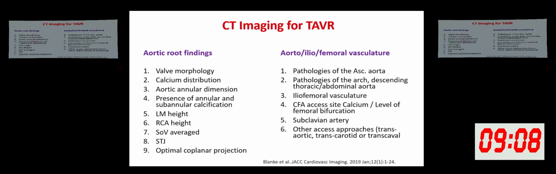So for the peripheral vasculature, there is ascending aorta pathology, any thrombus, any calcium, because calcium is very difficult to track our wall. And then pathologies of the arch, that is any coarctation, pseudo-coarctation, and iliofemoral vasculature and the common femoral artery, because generally the delivery system is quite tricky, and if it is more than 5.5 millimeter, most of the times we'll track the wall actually.